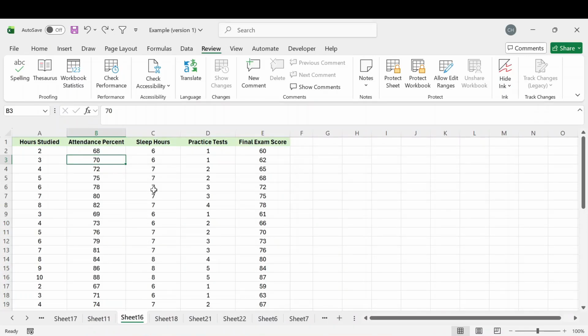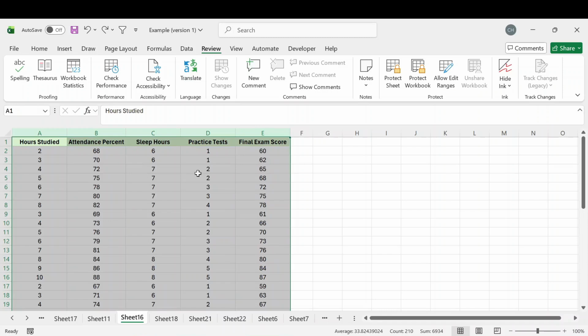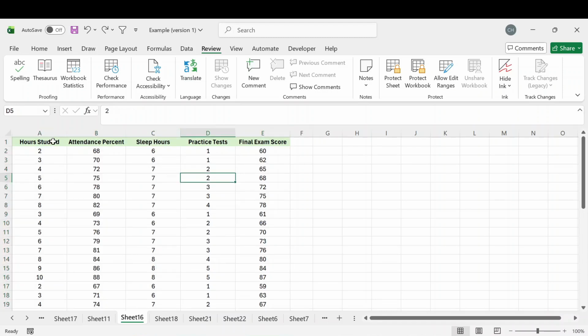All right, let me show you how you can protect rows within Excel. So here we have some very simple data. We have for specific students the hours they studied, their attendance percentage in class throughout the year or semester, the number of hours they slept, the practice test they took, and the final exam score that they receive in this